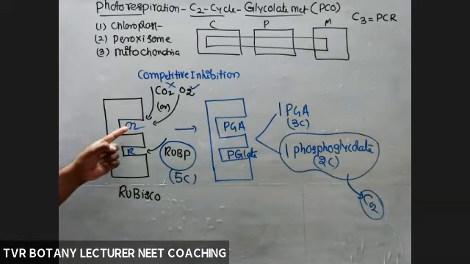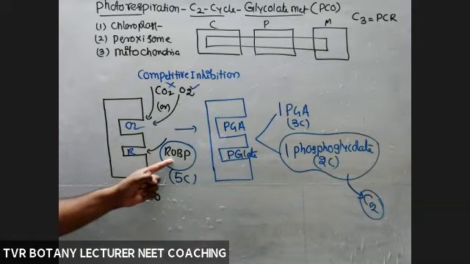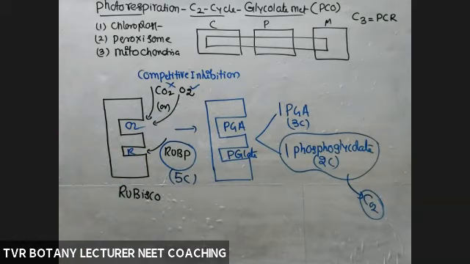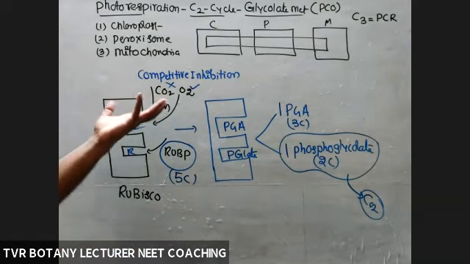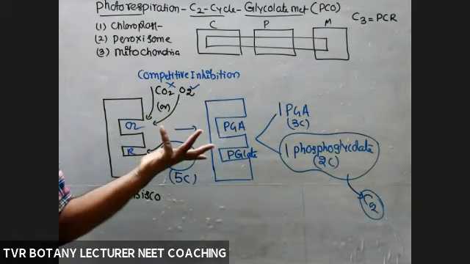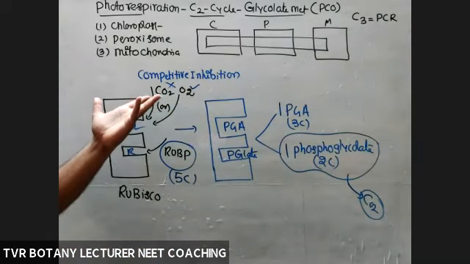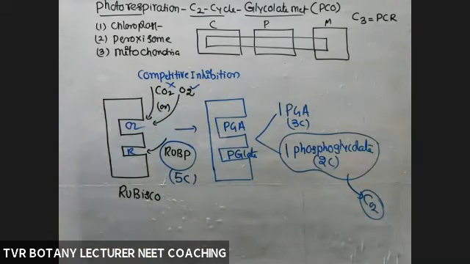Simple thing. What are the reactants here? Oxygen and RuBP. There is no carbon atom in oxygen; the carbon atom is present in RuBP only. So whose carbon is oxidized here? RuBP only. Sugars are not formed, but ATP is consumed. There is no formation of ATP or NADPH. And the last statement, what is the function of photorespiration? Not understood yet, but taking place. It is the oldest feature, still retained.